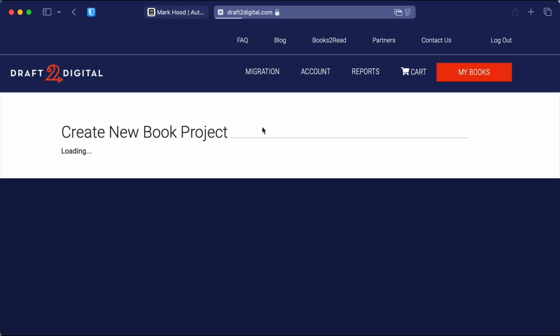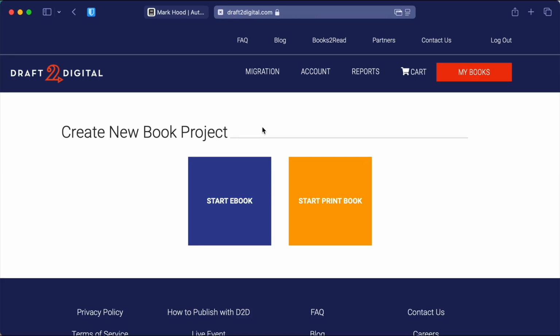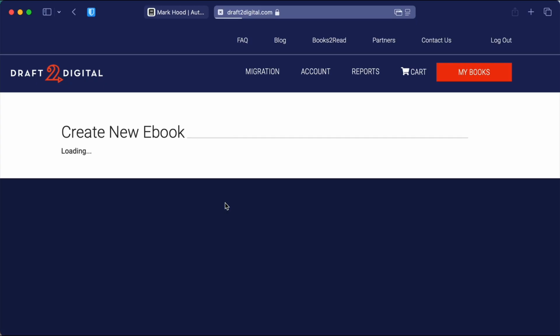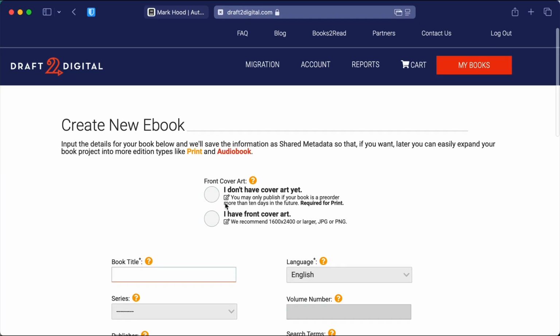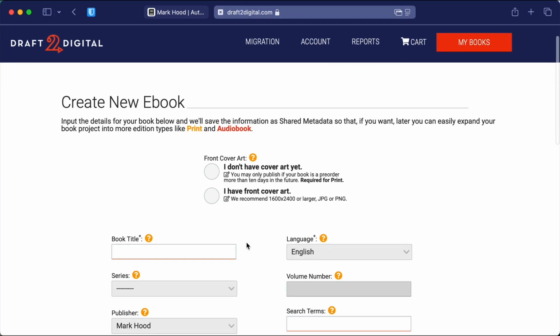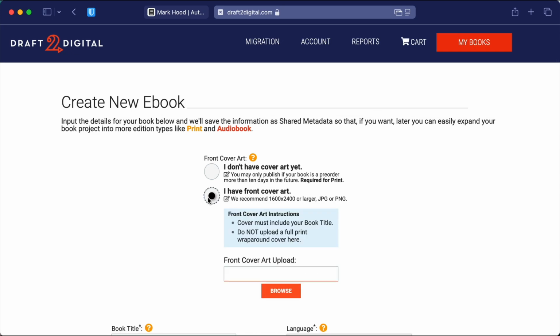So let's add a new book. We can do an ebook or a print book. As I've said before, we're only going to focus on ebooks for now. I'm using a different thing for print books, but it is optional. Start an ebook, and then we can put in all of the information that we need. So,